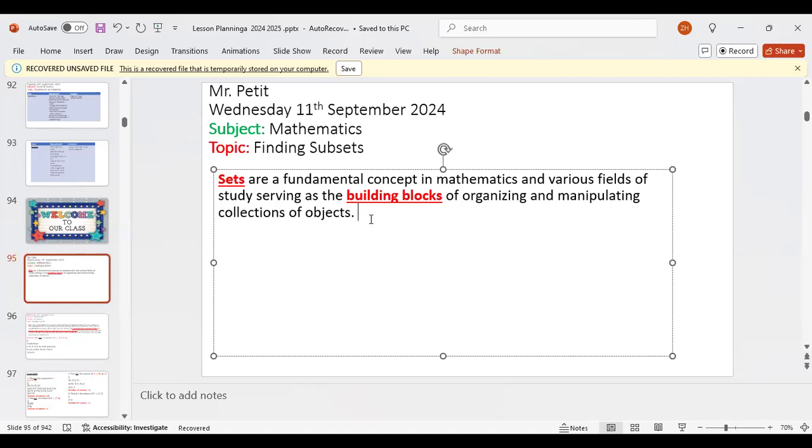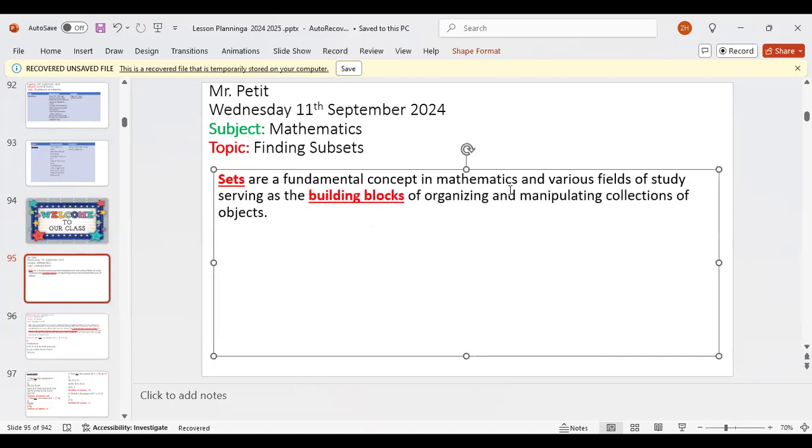So sets are like the building block of all mathematics, and subsets are also building blocks of mathematics as well. Sets are like the foundation. We use them to organize all of the numbers, to organize all of that big information we have, and to manipulate the collection of objects.